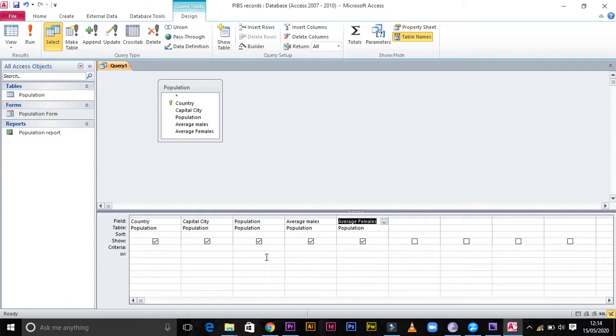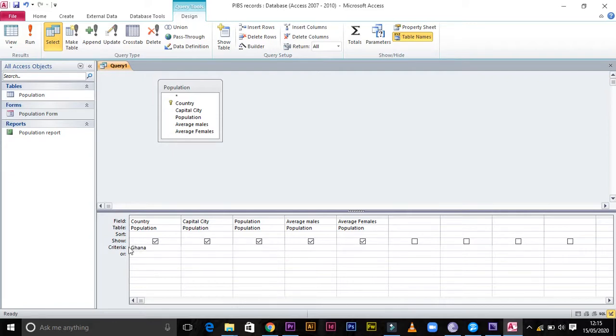Then the query that I want us to create is just to ask something in that database. So for instance, I want us to ask in our table the country that has a name Ghana. You just click on country, then we usually write on the criteria side. So just click on criteria. That's where you write the question that you want to ask on the table. So you don't write it just like a question, you just indicate what you want from that table. So just write, I just need the country Ghana.